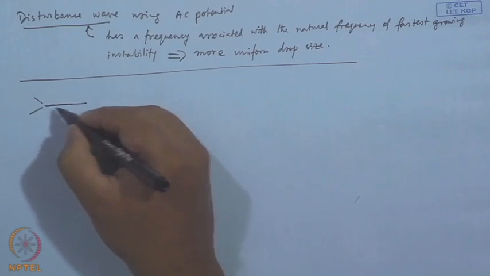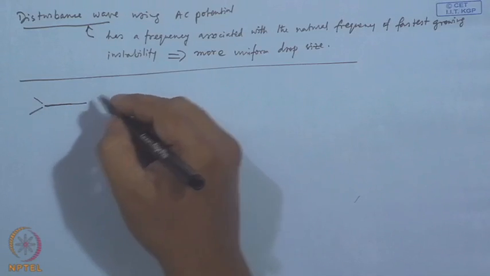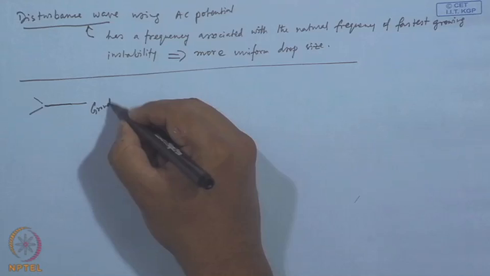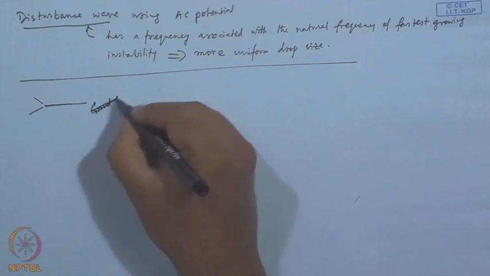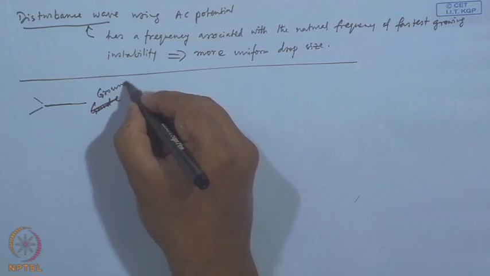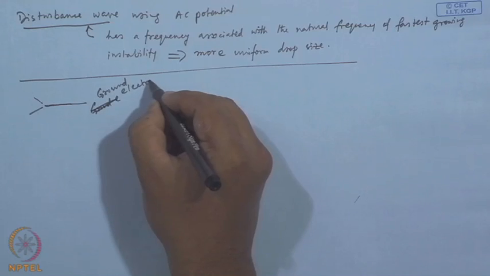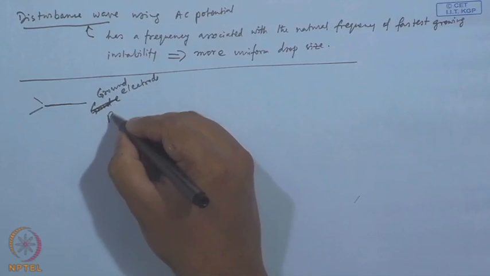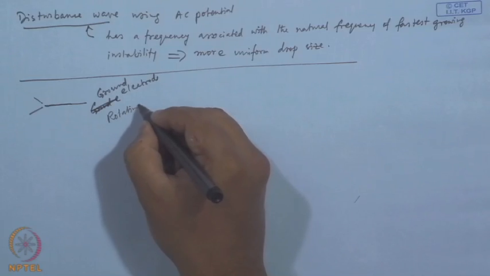And the ground electrode that you use, you are supposed to have a ground electrode here. If you use a rotating ground electrode, then one can